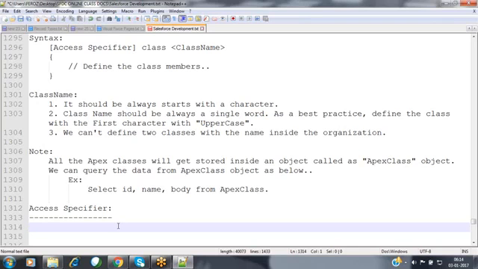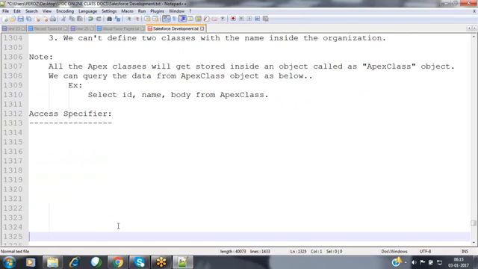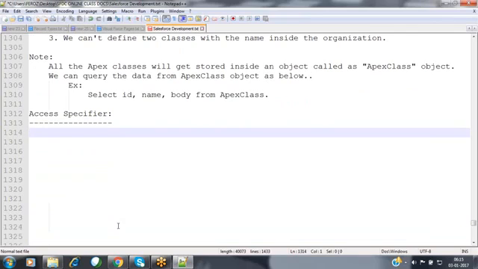In the same way, whenever you are creating a class, what will be the level of access for this class? Now, will this access specifier be applicable only at the class level or only for the members? The access specifier can be applicable for the class level as well as the members inside that.